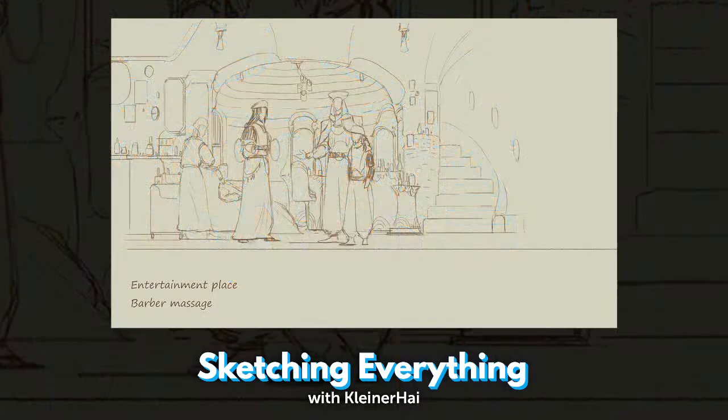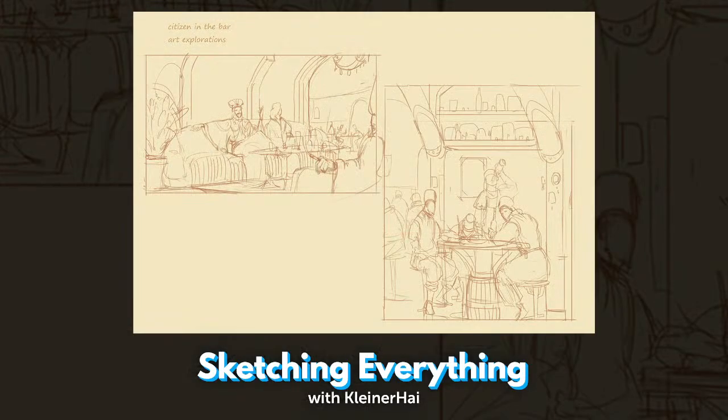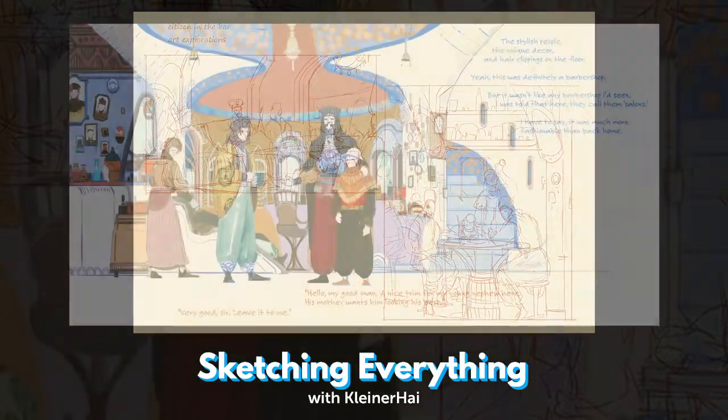And in the course, something that Kleiner talks about is that none of these sketches are necessarily considered better than the others. It's not like one of them is the finished sketch of the course and that's the end.